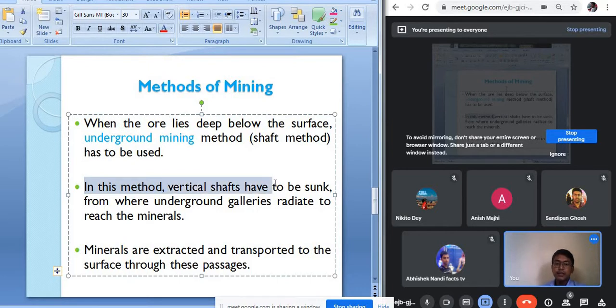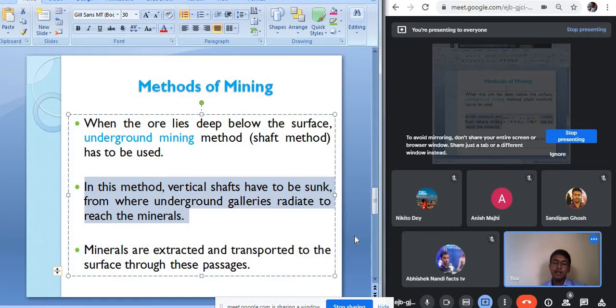In this method, a vertical shaft has to be sunk from where underground galleries radiate to reach the minerals. So in this kind of underground mining, first a tunnel-type structure has to be dug out. The workers go below the tunnel, and there are very many passages which radiate in different directions, and the workers move ahead through these passages, dig out the tunnels,